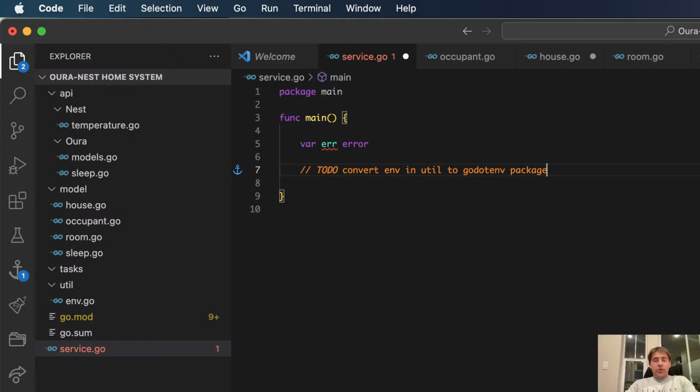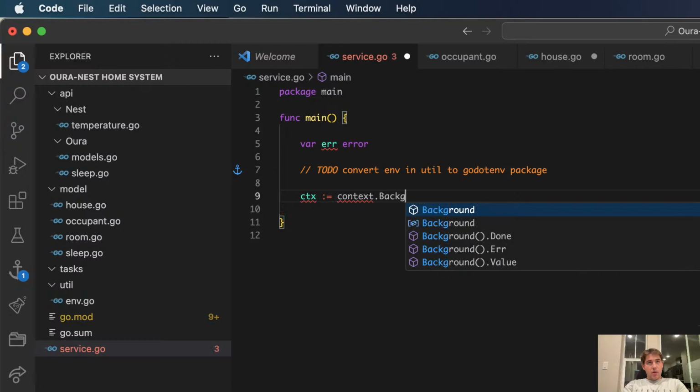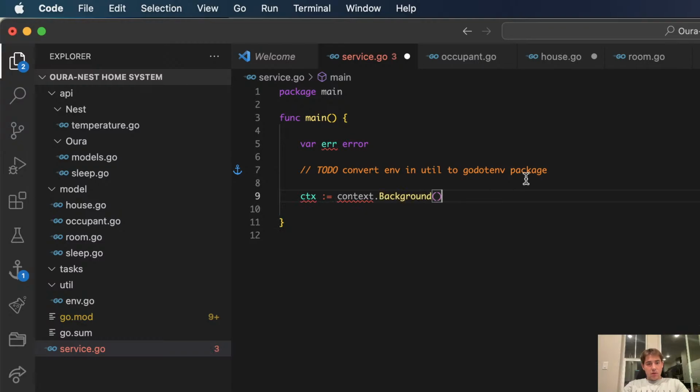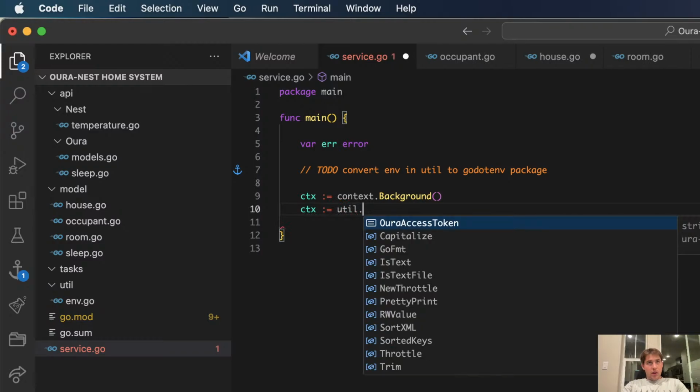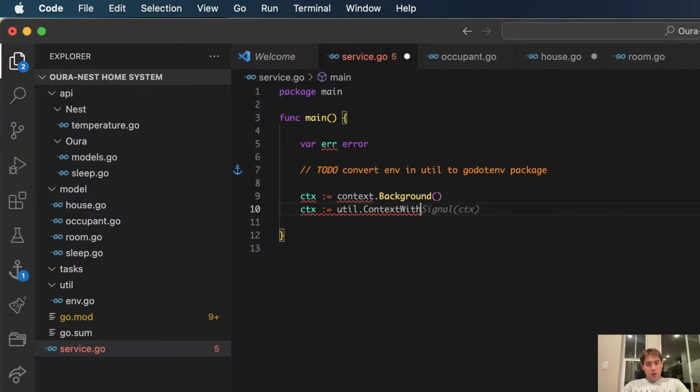So I'm going to split this into multiple streams, but let's start with this for now. And then let's say context is equal to context.Background, and then we'll define a new context. Oh, we already have the util package, util.ContextWith. That's an interesting way of doing that.